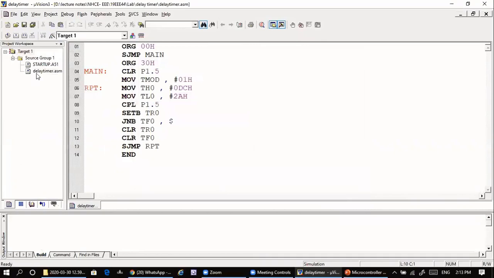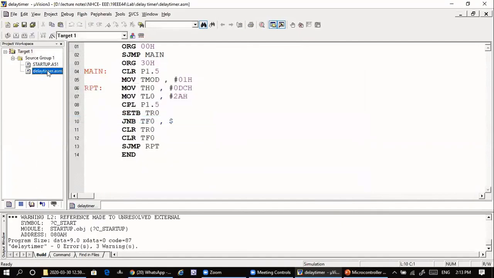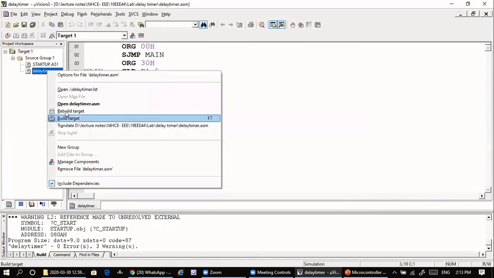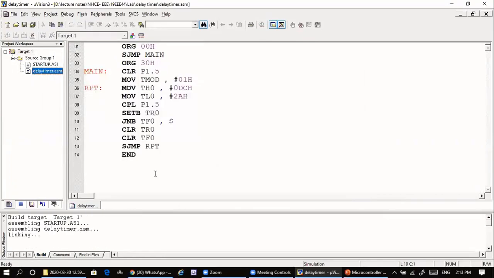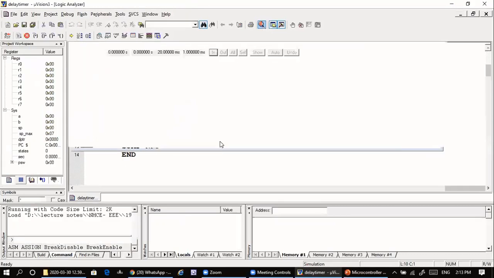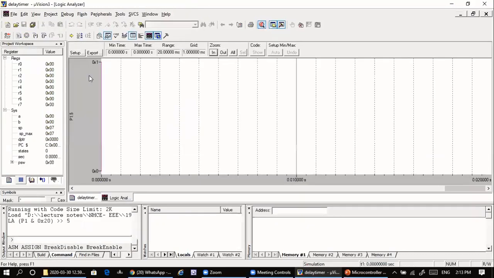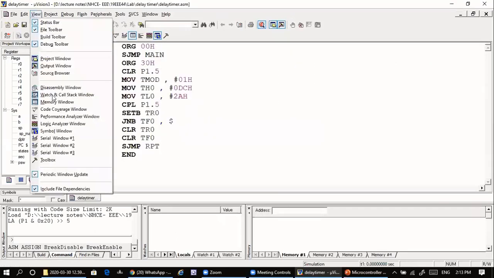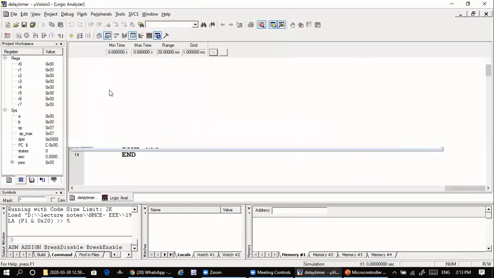Then you right click on the ASM file and build the target, and also rebuild the target to consider the crystal oscillator frequency. If you have built the target already, then again you go to the debug menu, start your session, then click OK. Here again, if you don't have the logic analyzer window, go to View and enable the logic analyzer window and enable the setup option.